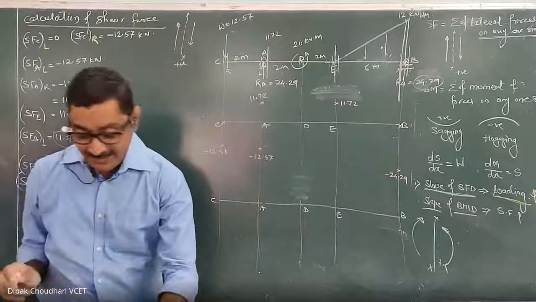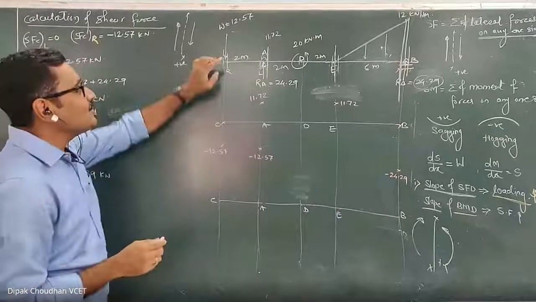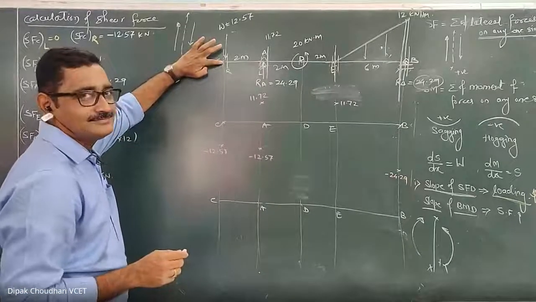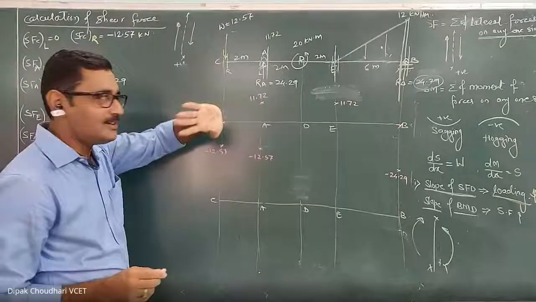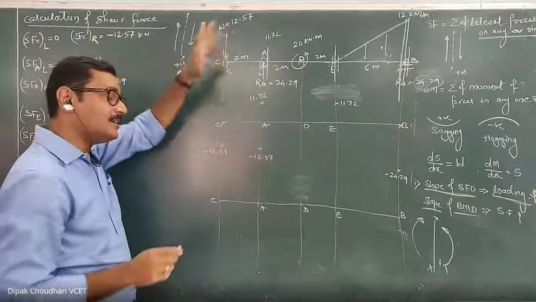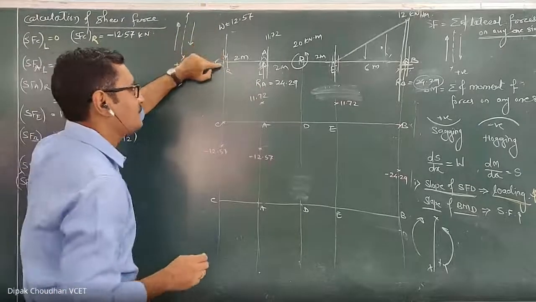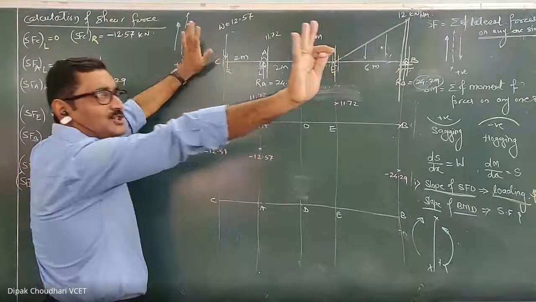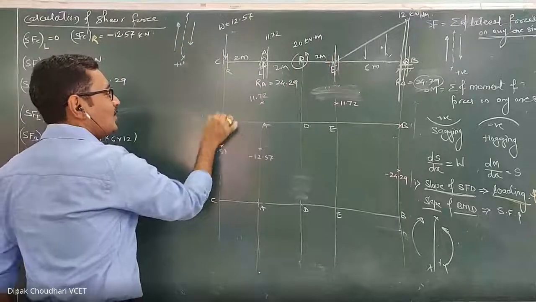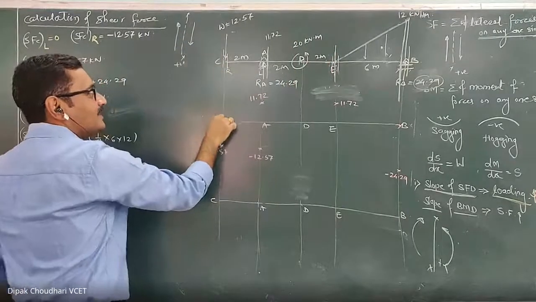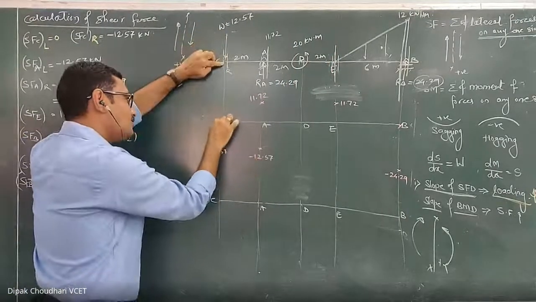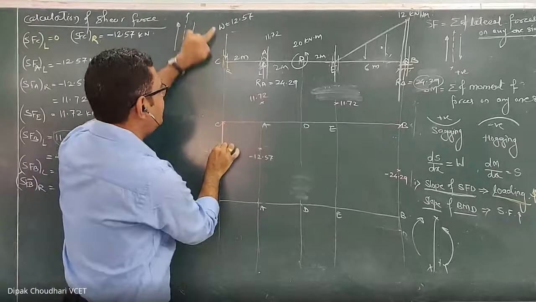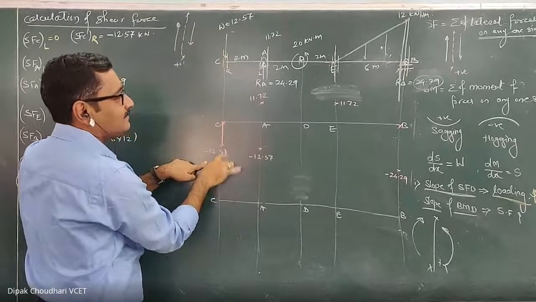What did I tell you in the direct method? You have to start from the left support. I have just drawn this by joining points, the second method, third method, what we have studied in the last lecture. But I said, start from the left support and just move in the direction of the applied forces. Here, on left hand side of the C it is 0. Then this load is downward, so move downward. It is a point load, so how much do we go down? 12.57.